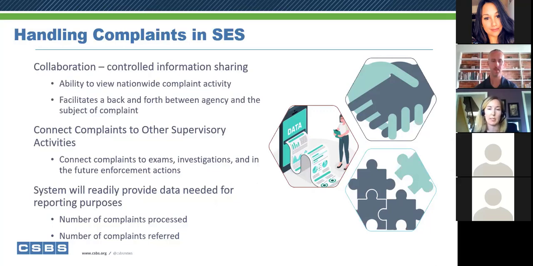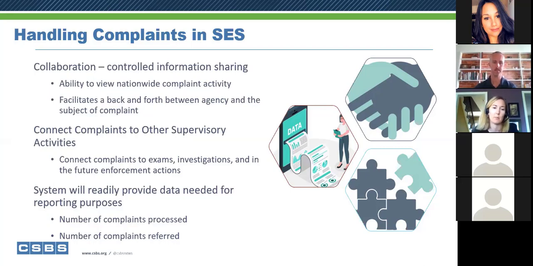With all of these activities in the system, you have a real opportunity to tell a story about a company's supervision history. For example, company A had a complaint that snowballed into an investigation. Those connections can really be made and tell a story about a particular company in the system.